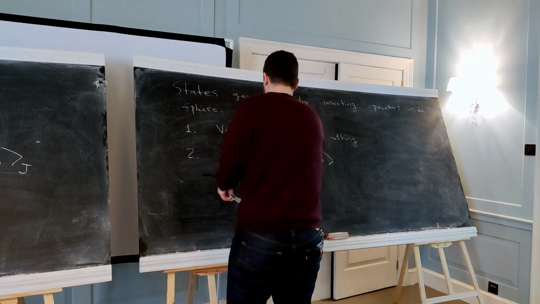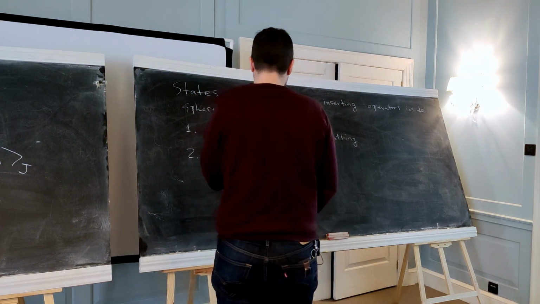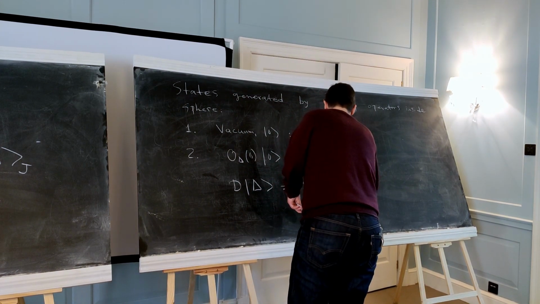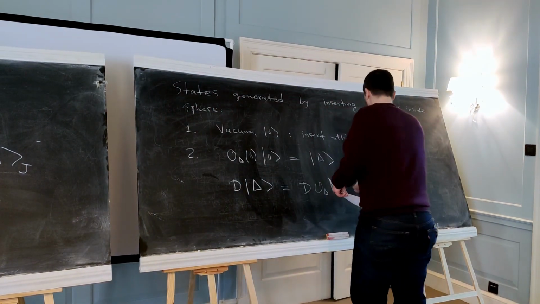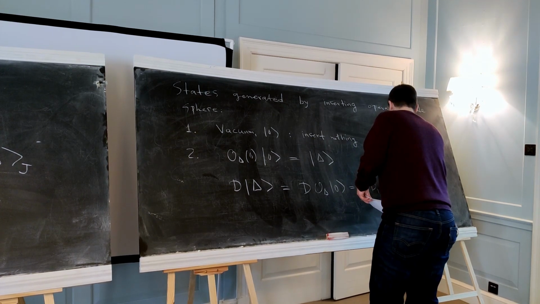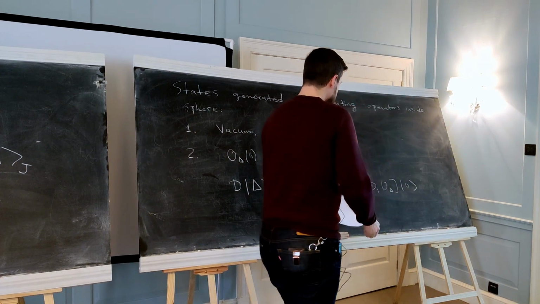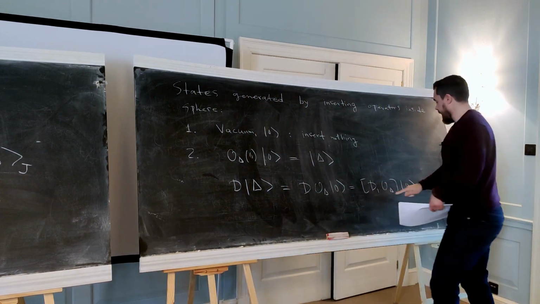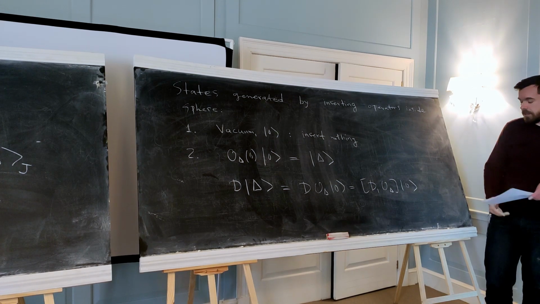And what is the energy of that state? I may compute now D on delta to basically reproduce that equation. Well, this is explicitly written like this by definition of what we call the state delta. And now I can act on this O delta by the commutator, and there will be another piece here where this D goes and acts on this state, right? But that's the vacuum state. So D on the vacuum will give 0, so I forget about that piece. So it's just the commutator that survives.